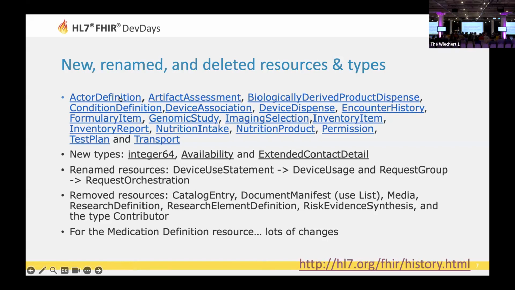We also removed document manifest. Document manifest was really defined, I defined it, as a match to the XDS document manifest. And after much work, IAG came back to us and said, well, we're not using it because we're going to use list. And we looked at it and said, well, really, if we define it for IAG and they're not going to use it, and they're going to use list, and we think list is better anyway, we removed document manifest with an instruction to just, it's a list of documents, go use list. Not everybody was thrilled by that, but we did that.